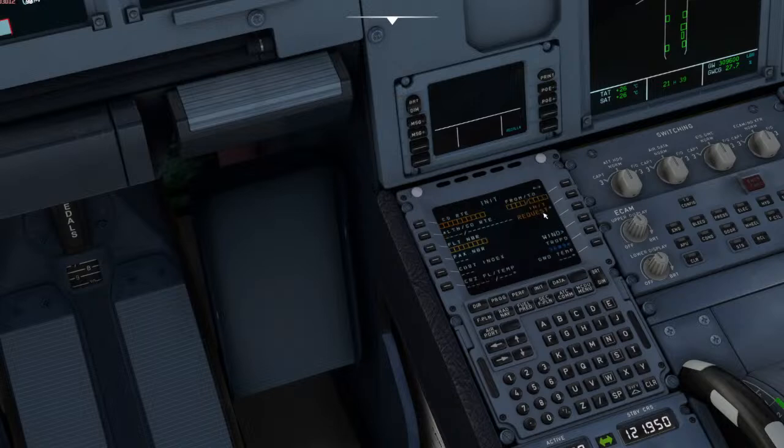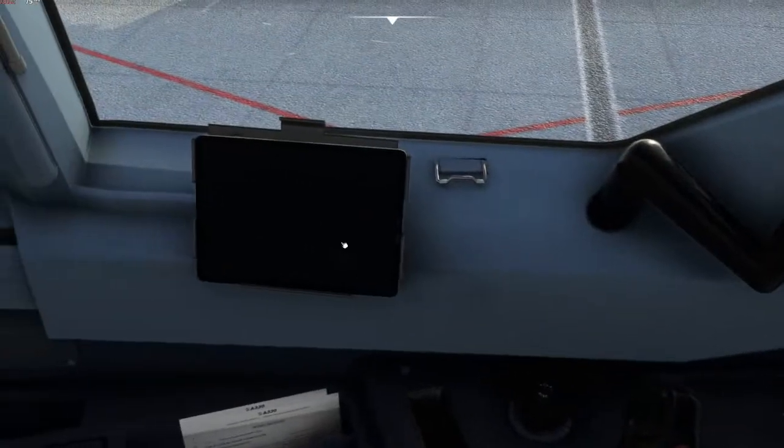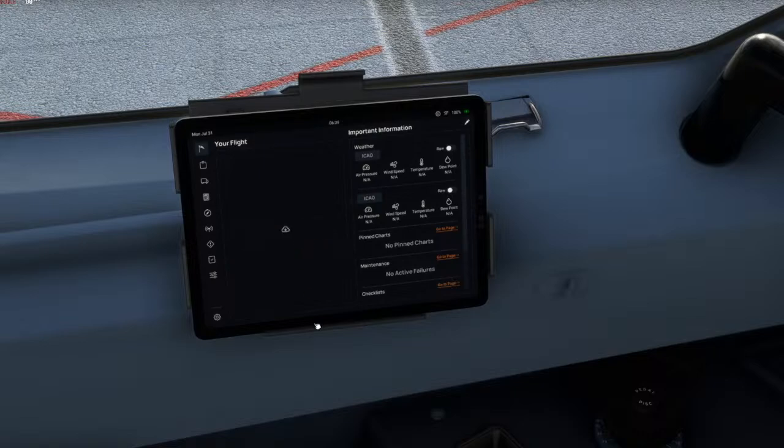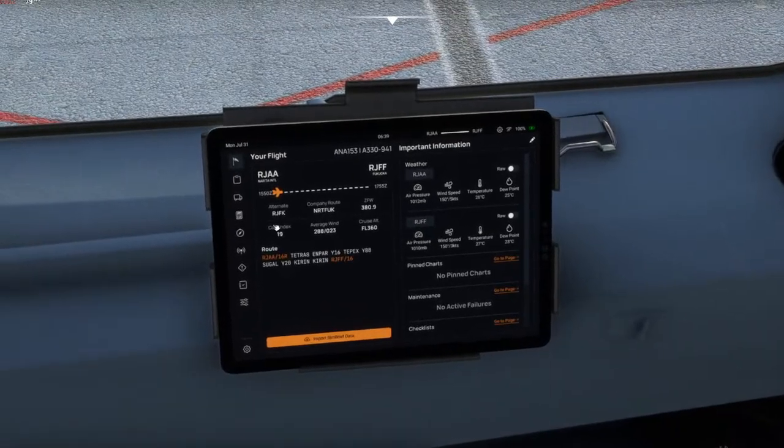Now we can go to our INIT REF page, and let's go and request our flight plan. Uplink in progress, and we're going to request our winds as well. So we'll go ahead and send our winds off, and let's fire up our electronic flight bag here, and we will download our flight plan. As we see, we are RJAA to RJFF Fukuoka, Narita to Fukuoka,